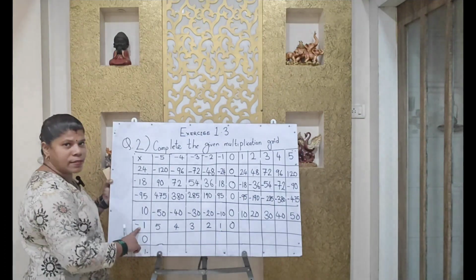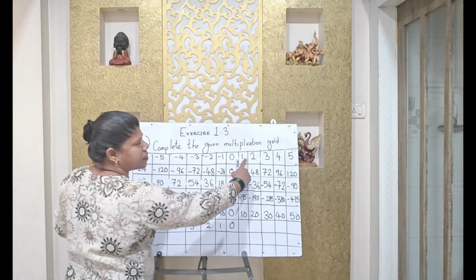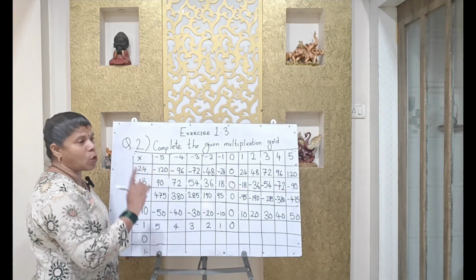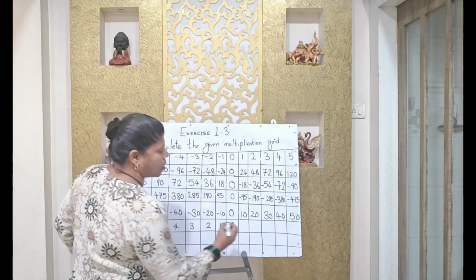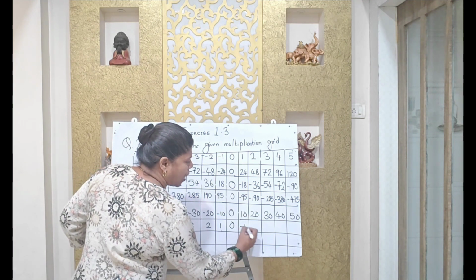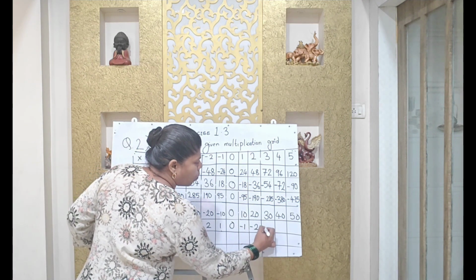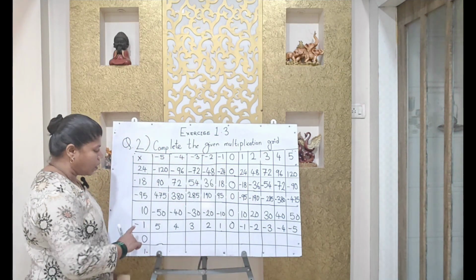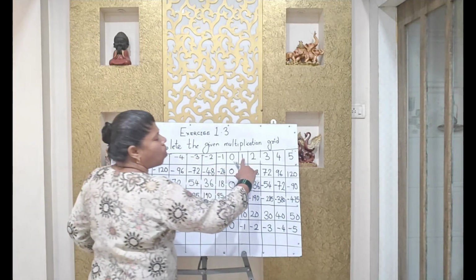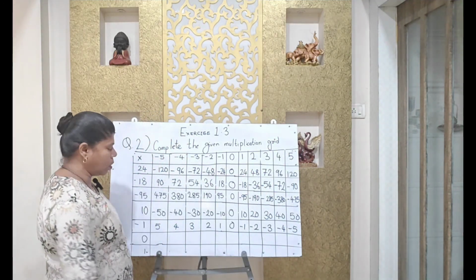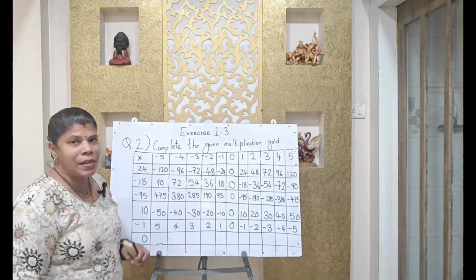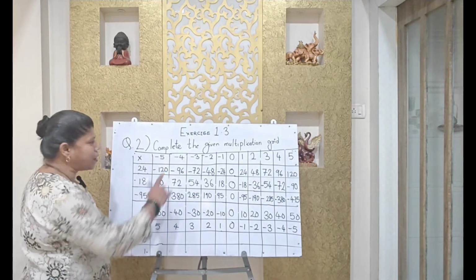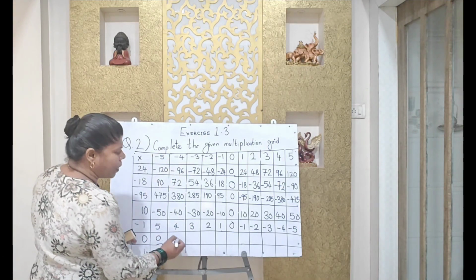Now here, this is negative, the multiplier is negative and the multiplicand is positive. So opposite sign, the answer will be negative. So the answer will be 1 1 is 1, 1 2s are 2, 1 3s are 3, 1 4s are 4 and 1 5s are 5, with the negative sign on all of them, because the multiplier is negative and all multiplicands are positive. We know that if we multiply any number with 0, the answer will be 0. So 0 multiplied by minus 5, 0. 0 multiplied by minus 4, 0.